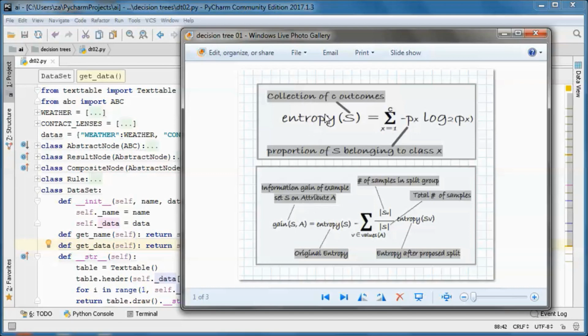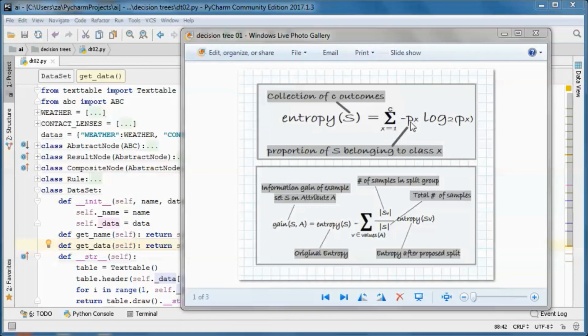So the entropy of S, which is a collection of C outcomes, is the summation from X is 1 to C of minus Px log base 2 of Px, and Px is the proportion of S belonging to class X. And the information gain is original entropy minus the summation of the number of samples in a split group over the total number of samples multiplied by the entropy after the proposed split.